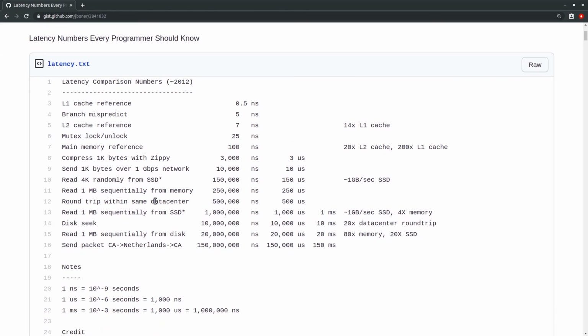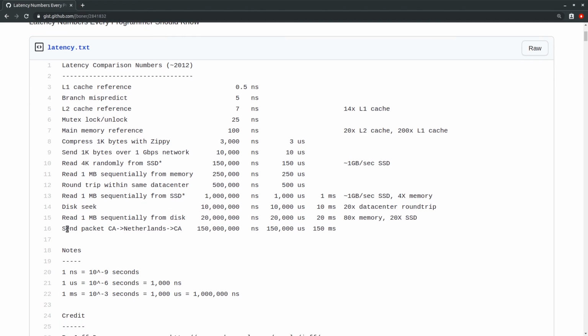Then let's come to hard disk, say SSD. It takes 150,000 nanoseconds. That is how many times slower? 15,000 times slower than accessing data from the RAM. And then finally, coming to the slowest section of all, that is accessing data via the internet.